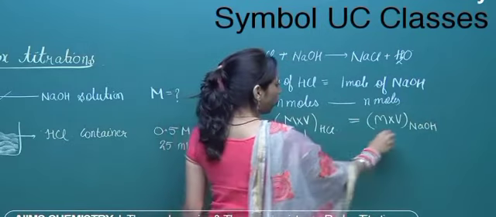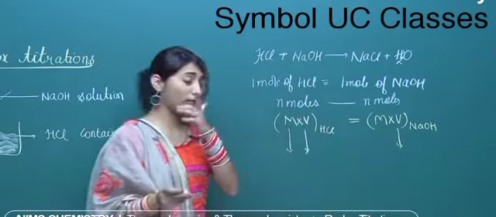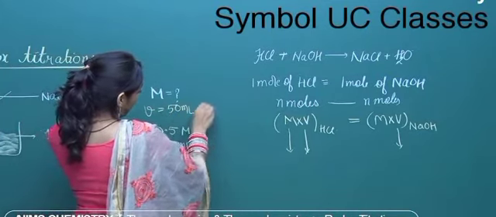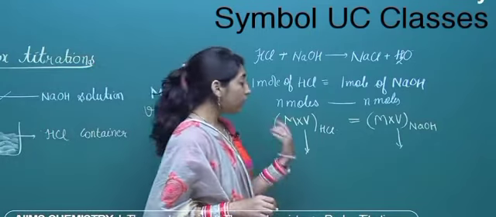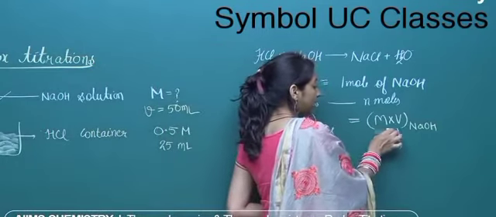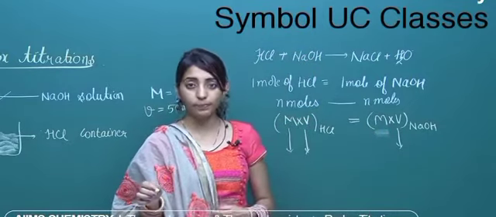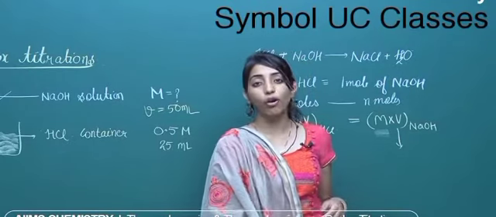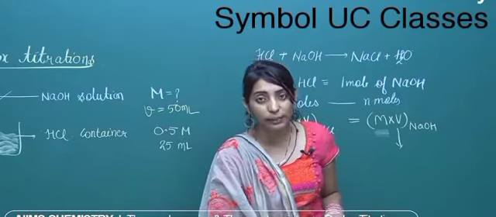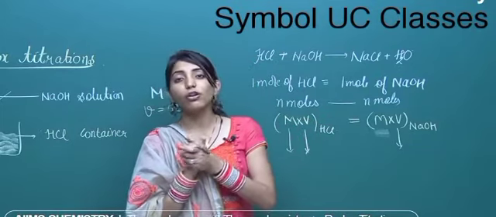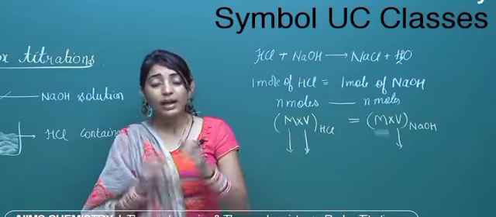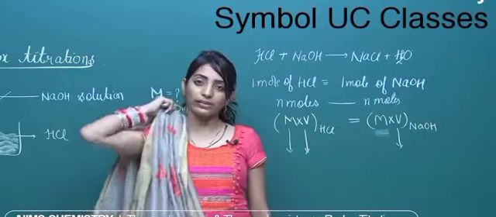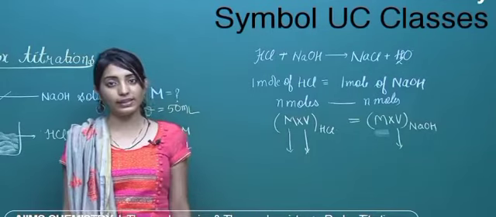Now you know how much of NaOH would have been used up. For example, let's say when you did the titration, you got 50 ml of NaOH used up for titration. So once you know three terms, you can easily calculate the value of the fourth term, which is molarity, right? So what actually is titration? Titration is just a volumetric analysis kind of experiment, with the help of which I can figure out the concentration of any unknown substance by treating it with another substance whose concentration is well known to us, and a given fixed volume will be used.